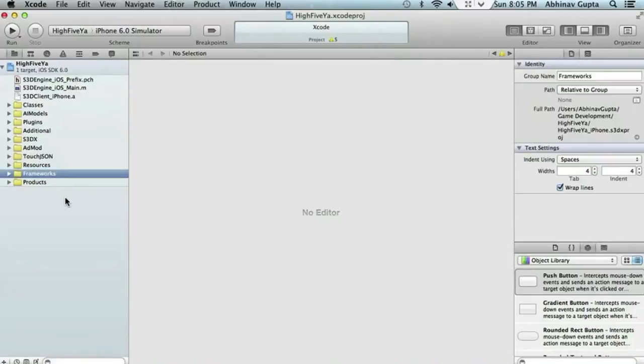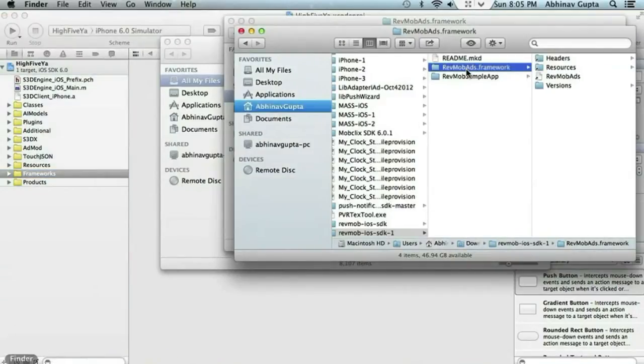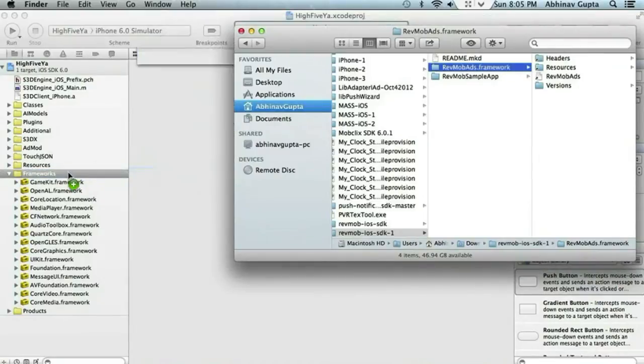We're going to be focused on the frameworks folder right now, just for the moment. Alright, this is a fresh app that I just did. Click on your Finder, and then click on the RevMob ads.framework, and you're going to drag it right over to the frameworks there, just as I'm doing now, and you're going to let go,